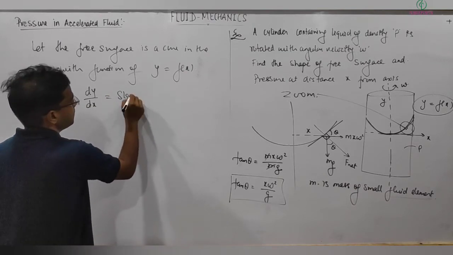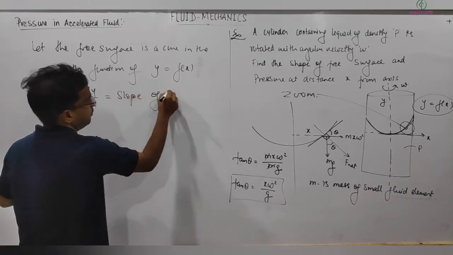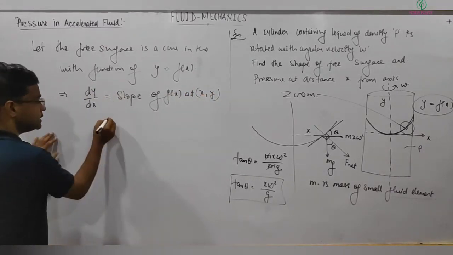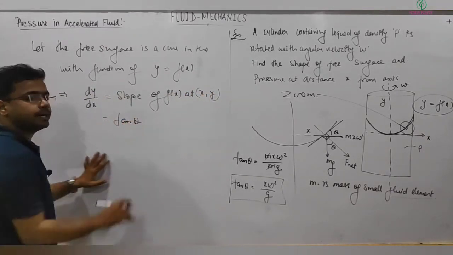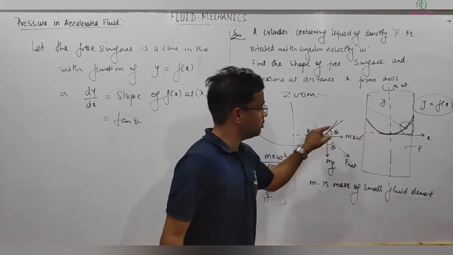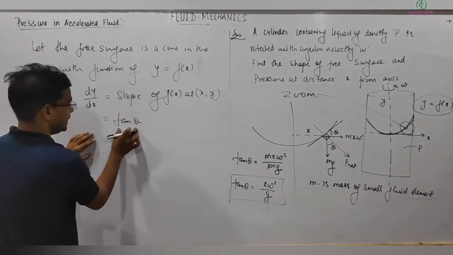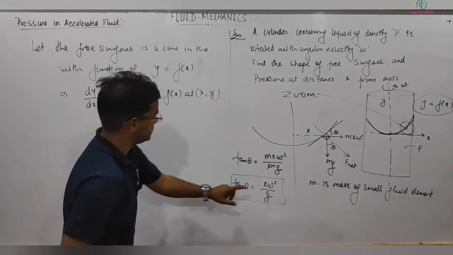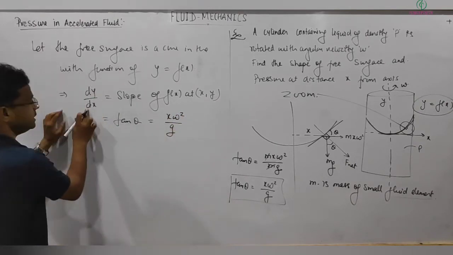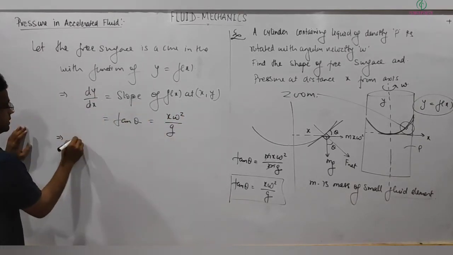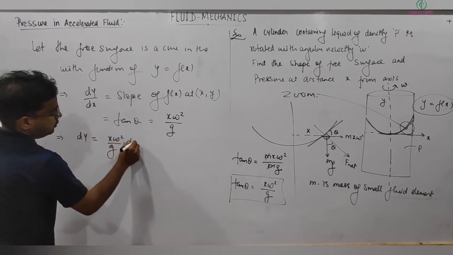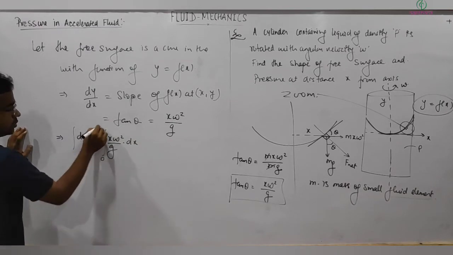The slope of f(x) at x comma y, and this slope is also equal to what? Tan theta, right? dy by dx is equal to the slope, which is tan theta. So you can write tan theta equal to slope equal to x omega square by g. Multiplying and integrating, this implies dy equal to x omega square by g into dx,